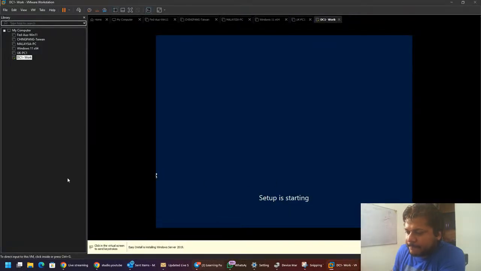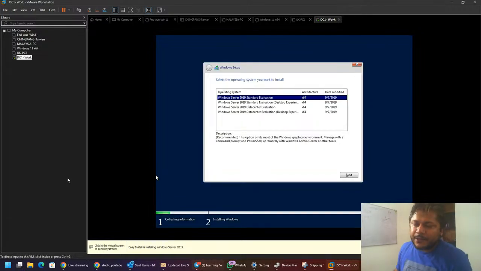Setup is starting. It will not be like last time, because last time my camera was occupying a lot of GPU, and that is why the video and my computer was completely hanging up. Today it will not happen because I'm using degraded versions of video. My video doesn't really add value to it. The content, the learning, that's what's important for this video.